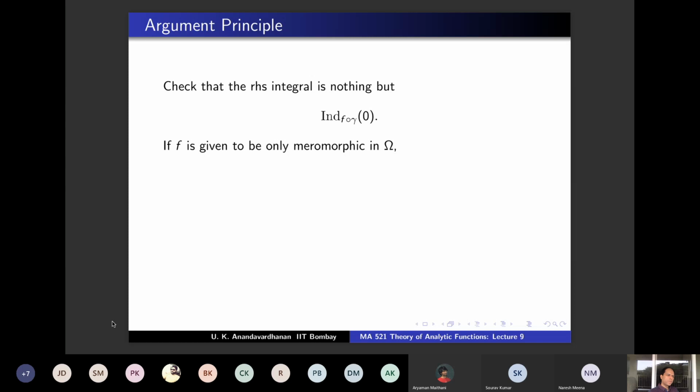And now the same proof, the idea of the proof works more generally. If f is given to be only meromorphic, not holomorphic, but meromorphic, what will happen? Then you may write f as h by g. Both h and g are